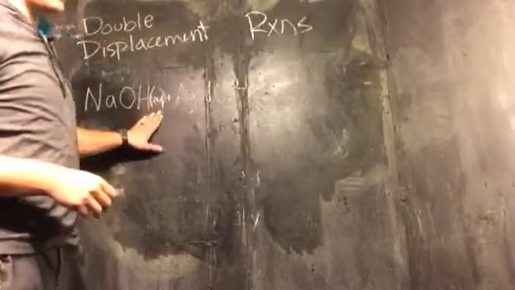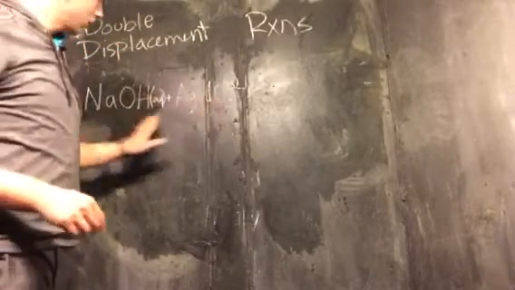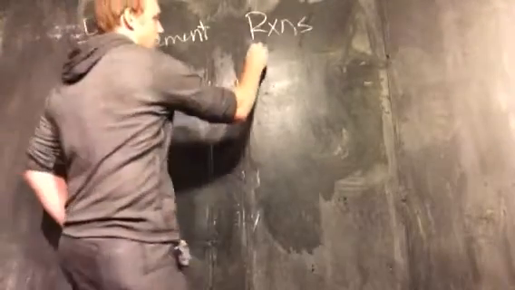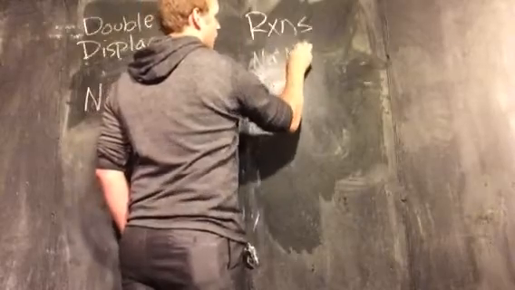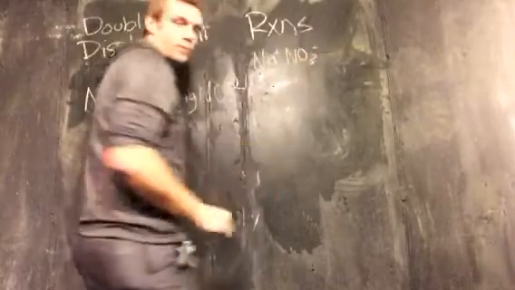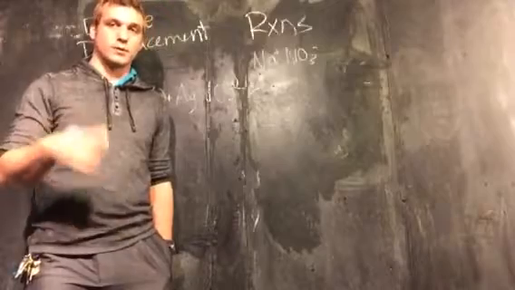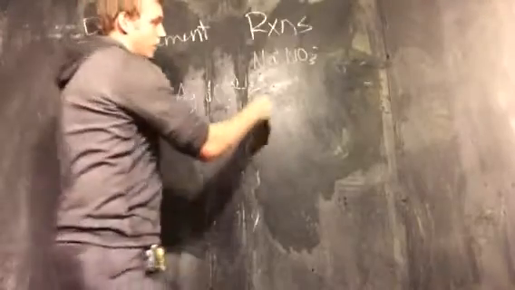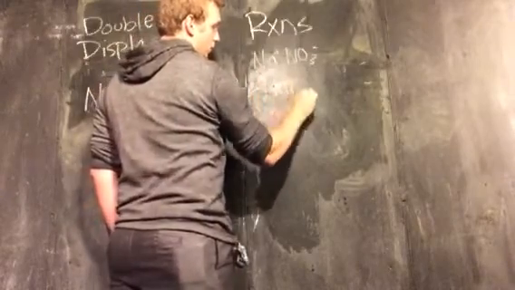So, what do we get? Well, we take the first one and the last one and put it together. A and D and put it together. So that's sodium and nitrate. You crisscross that. You're always going to have to crisscross. Sodium and nitrate will give you a 1-to-1 ratio, NaNO3,